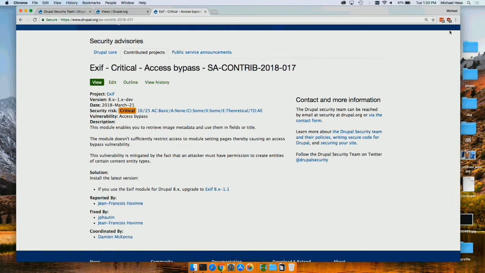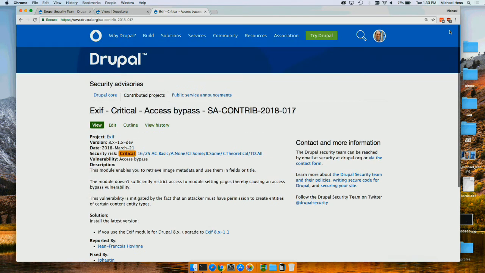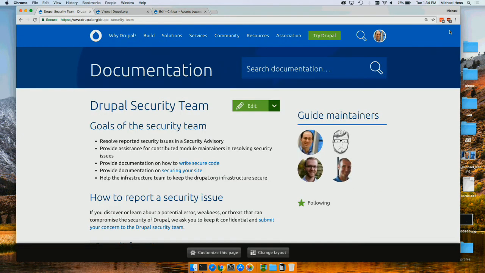Which is almost always to upgrade to the latest module. Our security advisories are actually now getting full issue credit. So if you report an issue to us, you will receive issue credit through the normal issue credit systems for your security work as well, which is helpful to people on the team as well as people reporting things to us. Any questions